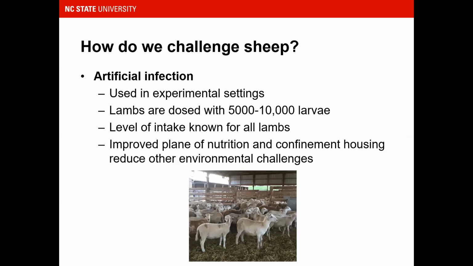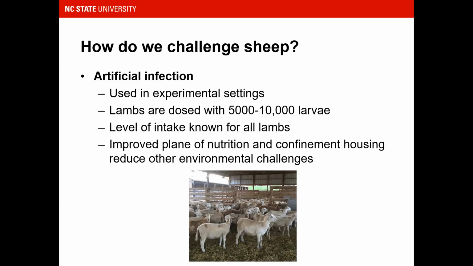There's also artificial infection, which is most frequently used in experimental settings. We use them in a controlled environment. We can dose those lambs with a specific number of larvae. So all the sheep are getting the exact same number of larvae. We know the level of intake, and we can look at how those sheep respond to that infection in a more controlled setting. One issue we've had with this is you put these sheep, say, in a barn and give